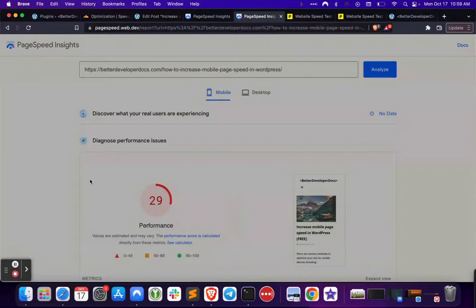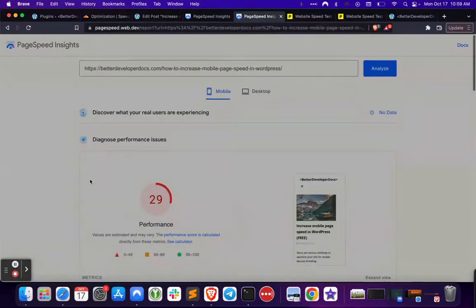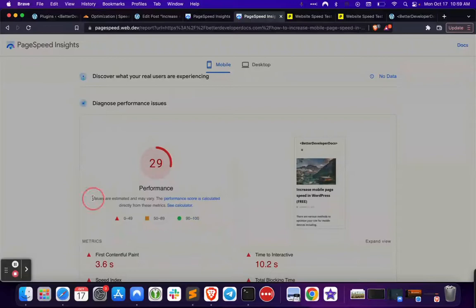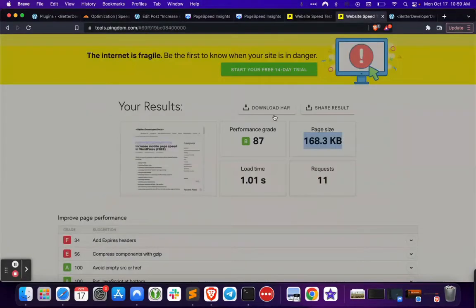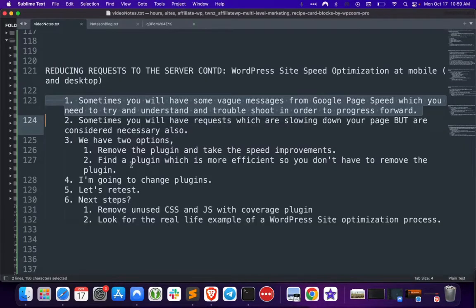But yeah, that's the reality of using these tools, that the values are estimates, and they do sometimes vary. So for now, I'm going to consider that a success based on this test and Pingdom over here, and I'm going to move on. So the next thing to consider is that